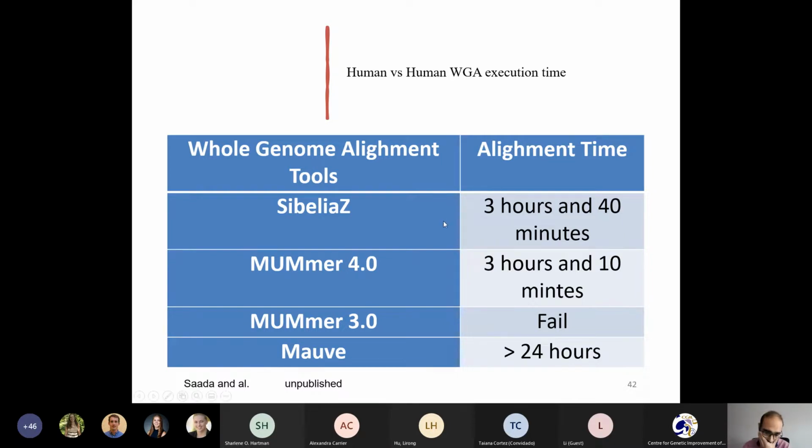They have a reasonable execution time, less than 4 hours. As I said previously, MUMmer version 3.0 fails for human versus chimpanzee, and it also fails for human versus human. And the MOV algorithm took more than 24 hours to do the whole genome alignment. So